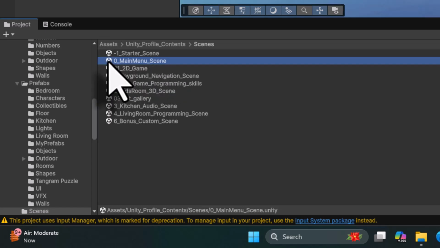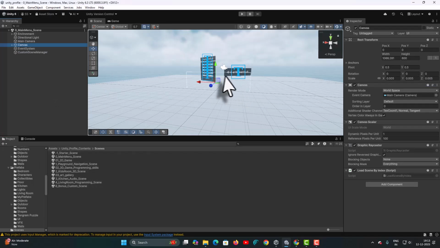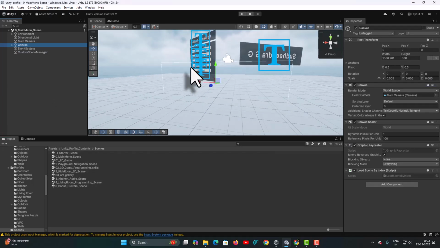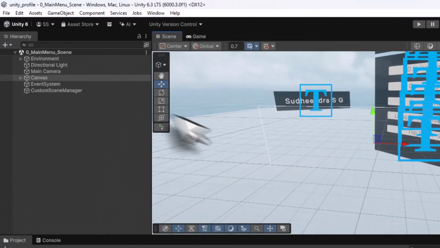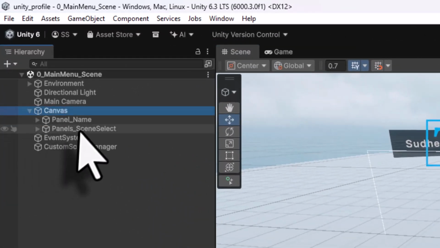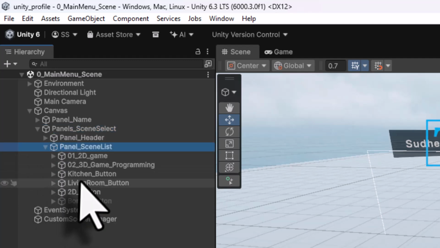Double click to open this. Now I will come here, select the canvas and double click. And here I am now going to Alt left mouse click and turn around. We are going to open this canvas and in panel scene select, open panel scene list, and we are going